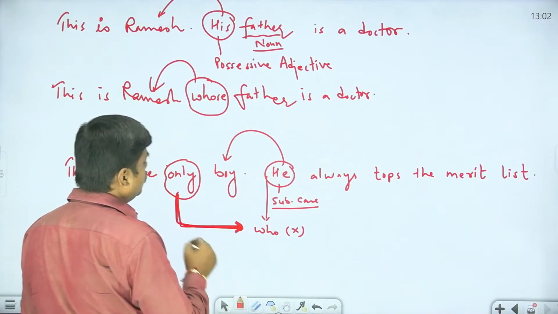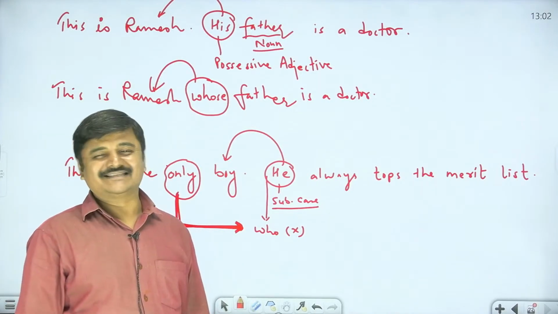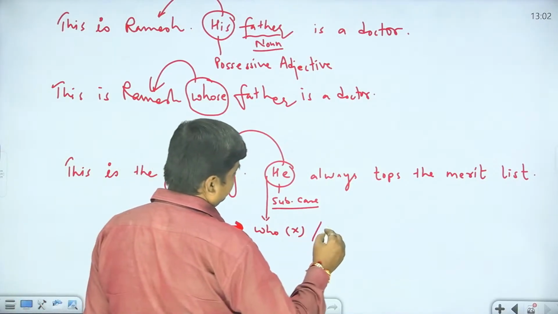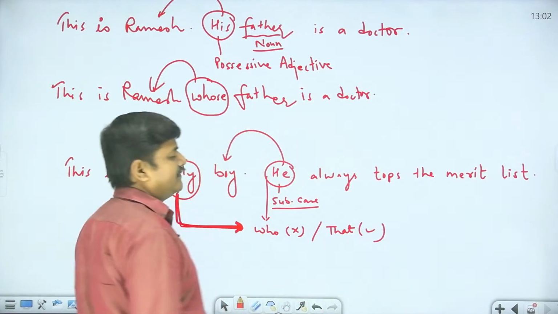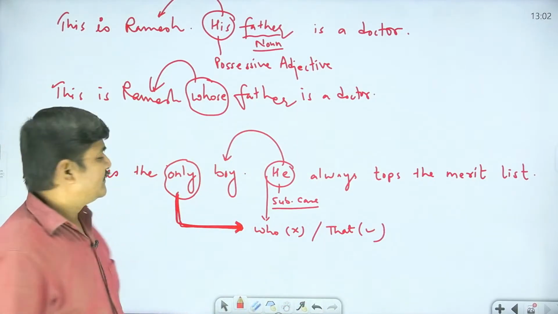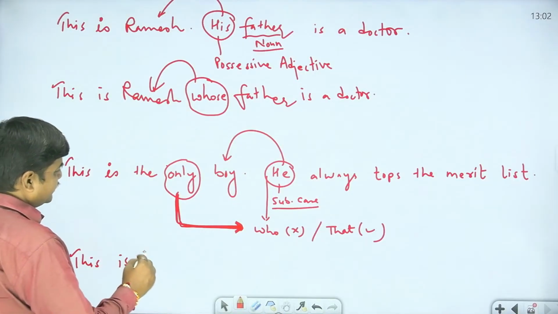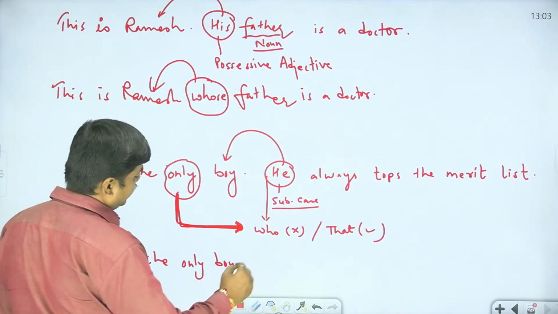It means only does not like who. Only prefers that. Only wants that. That should be there. So your sentence will be like, this is the only boy